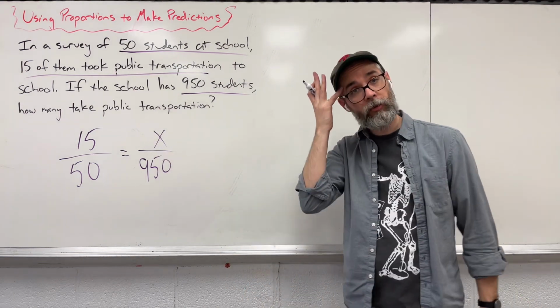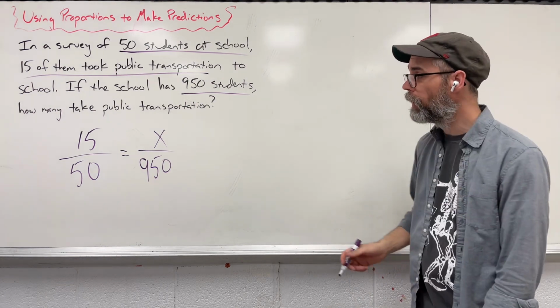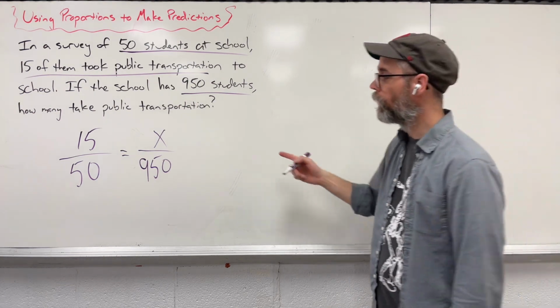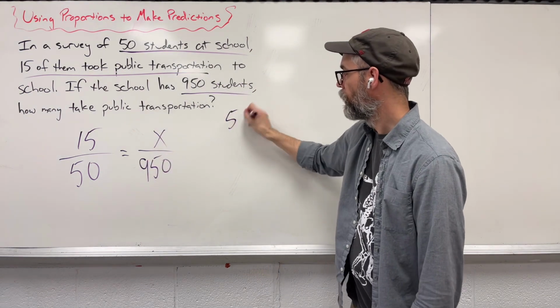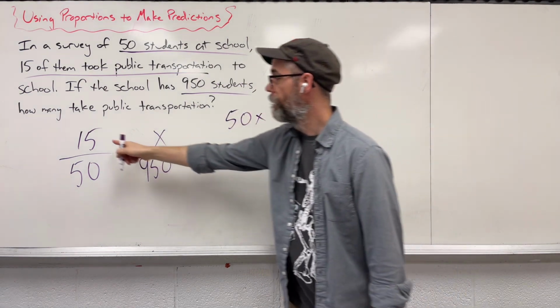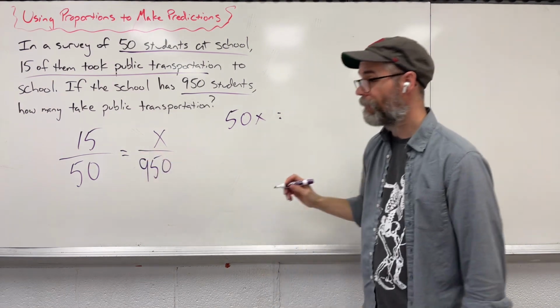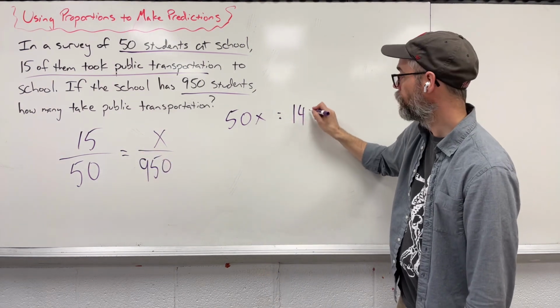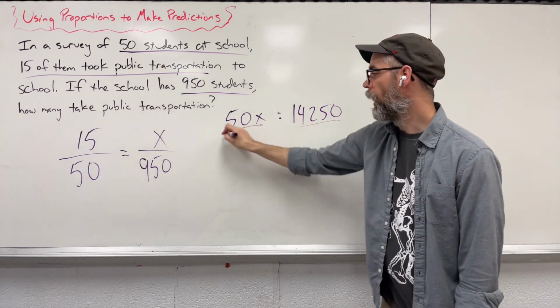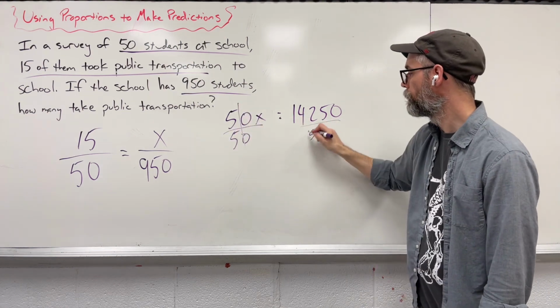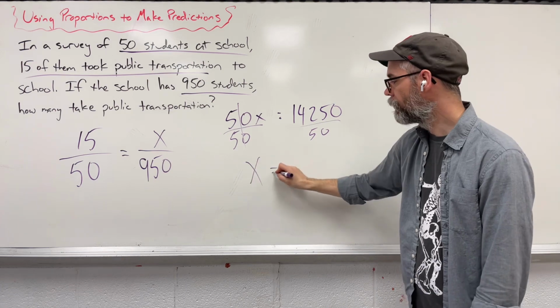Once we're here, we can find our cross product. We can cross multiply, set up an equation, and solve. So 50 times x is going to give us 50x. 15 times 950 is going to give us 14,250. To get x alone, we divide by 50. And x is going to end up being